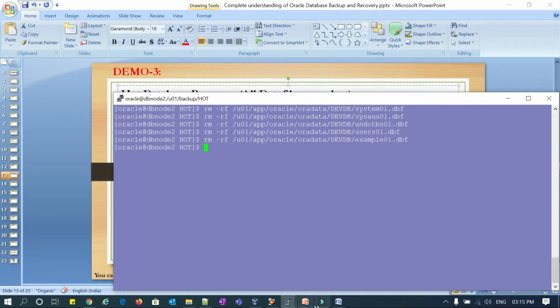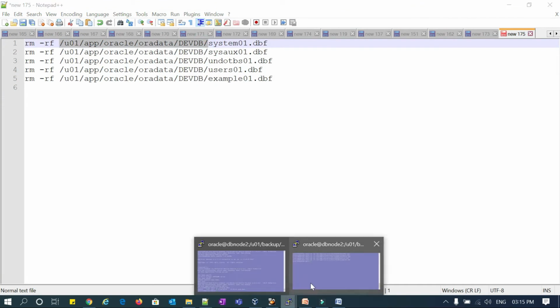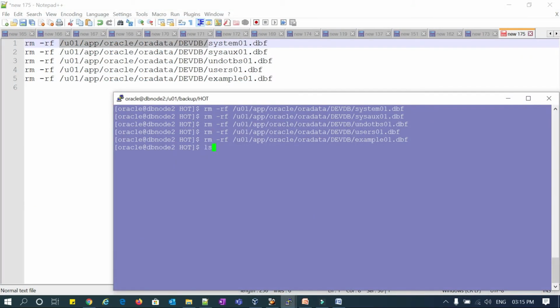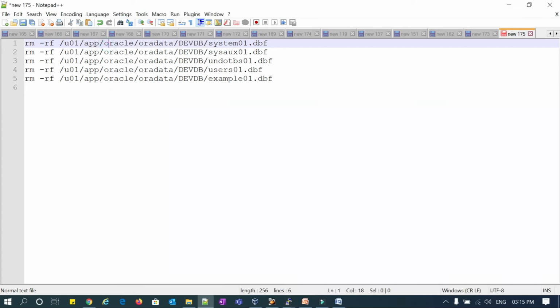Now I know my data file location. This is my data file location, and I already have my hot backup here. These are my hot backup files. What I'm going to do is copy everything: cp star.dbf to my actual data file location.